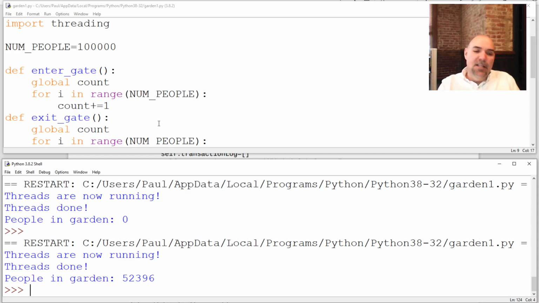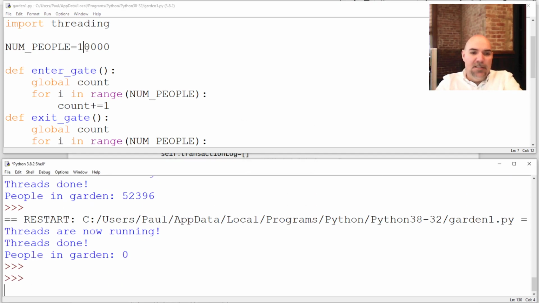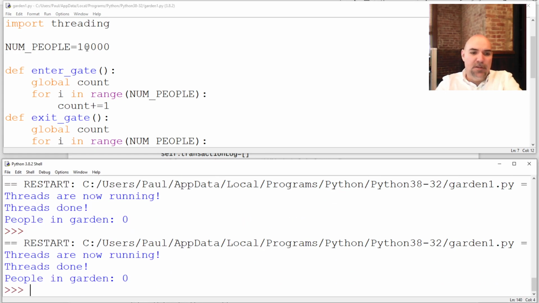So the idea here is that when we switched from 10,000 to 100,000, suddenly we're probably exceeding the time quanta that one of the threads was allowed to have. So at 10,000, there's still a possibility, though, based on I/O events, that this could give us a wrong number. It's just lower because it's likely we're finishing it in one entire chunk. But as soon as I make this 100 or 100,000 up here,